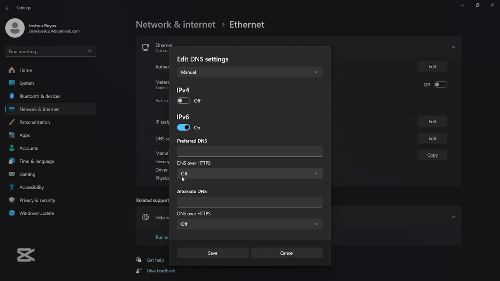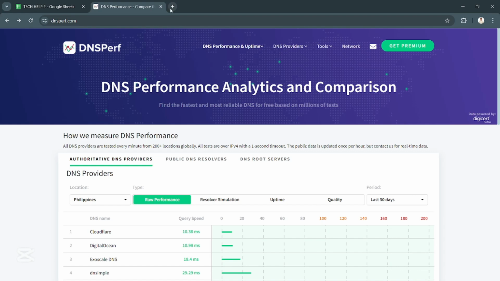Toggle on IPv6 or IPv4 depending on what you want to edit or what DNS settings you want to change. And then as you can see here, it's asking for a preferred DNS. Now, what we're going to do from here is go back to your main browser and type in or go